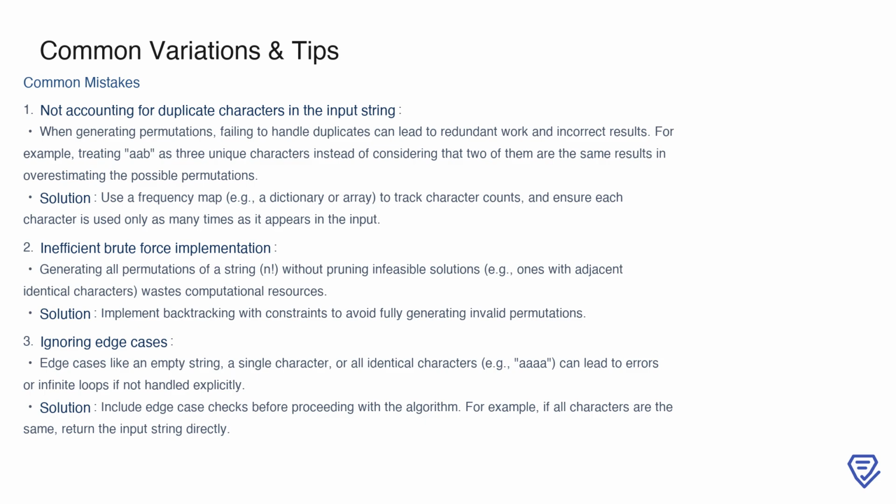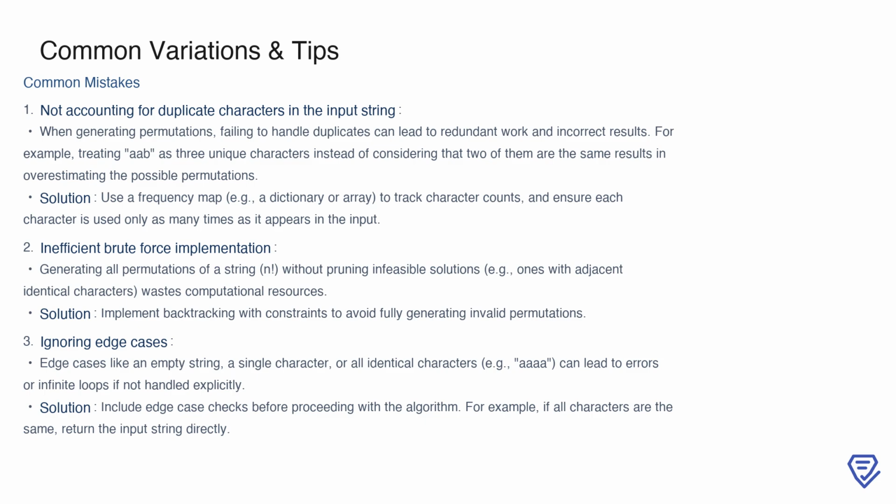The solution here is to use a frequency map, like a dictionary or an array, to track how many times each character occurs. This ensures that each character is used only as many times as it appears in the input. Another mistake is relying on an inefficient brute force implementation. Generating all permutations of a string, which is factorial in complexity, without pruning invalid solutions like those with adjacent identical characters, wastes computational resources. A better approach is to use backtracking with constraints, allowing you to avoid fully generating invalid